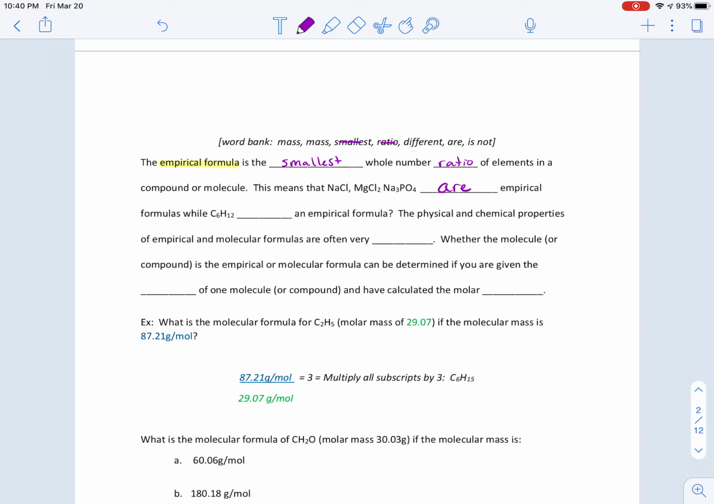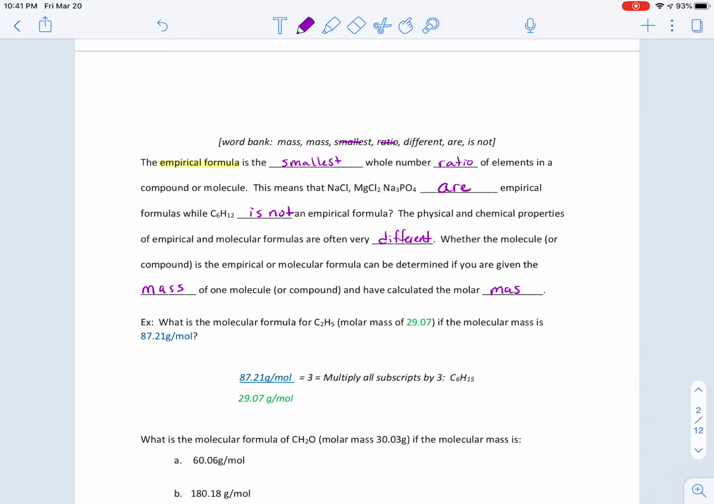Okay, so those ones are empirical formulas. C12 is not an empirical formula. The physical and chemical properties are often very different. Whether the molecule is the empirical or molecular formula can be determined if you are given the